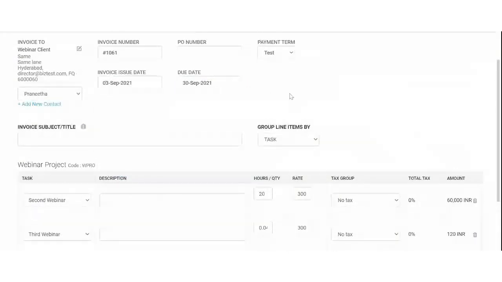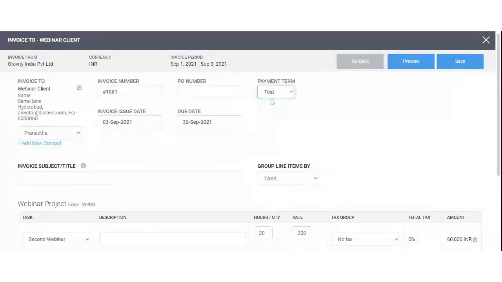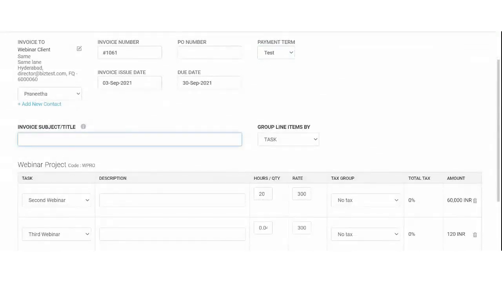Okay. So invoice issue date is today's date, and the due date, when the invoice is due, can be given here. And payment term would be test. Let's see what payment terms are now. Invoice subject title would be